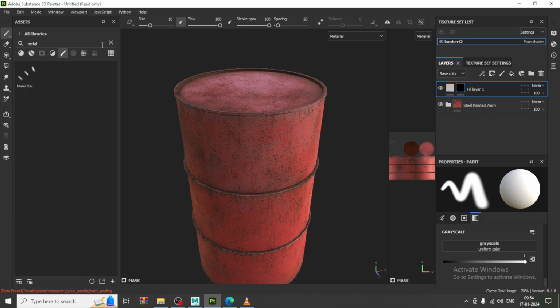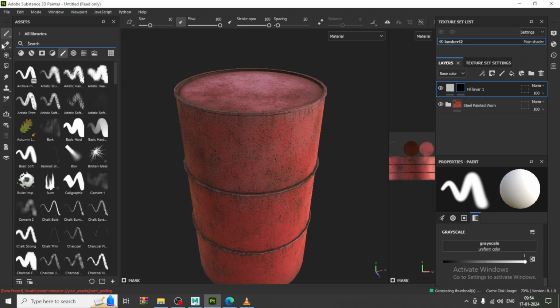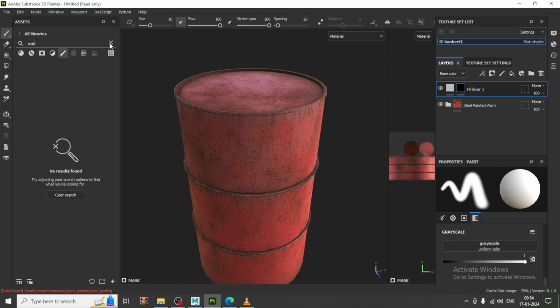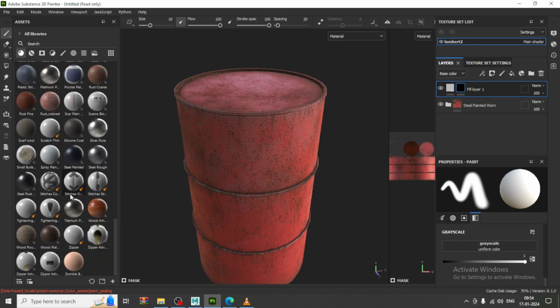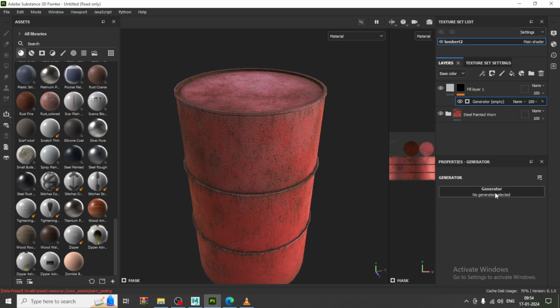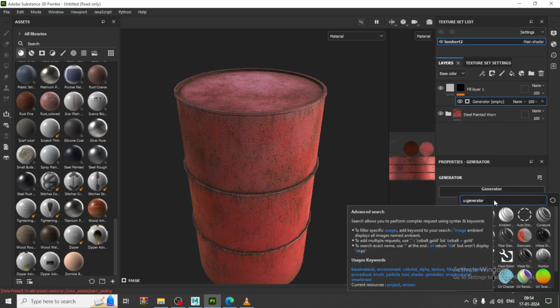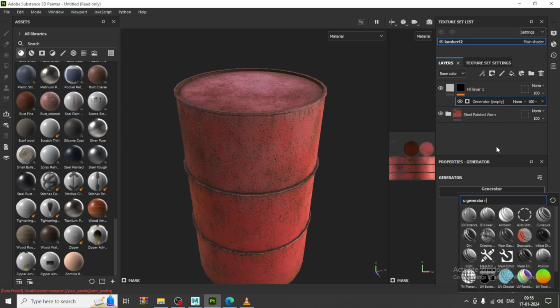And you can assign some rust or something. We don't have rust here, so I can go into this and say some rust, or else I'll just click over here. I'll add a generator. Let's add a generator over here. Go into the generator and say,